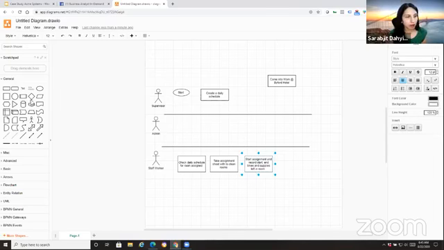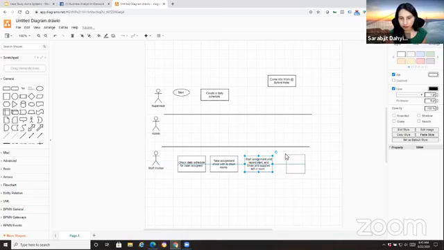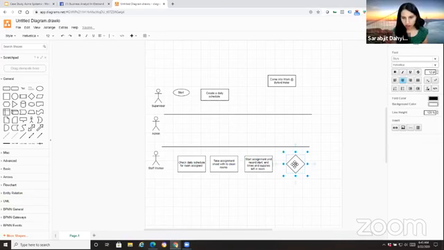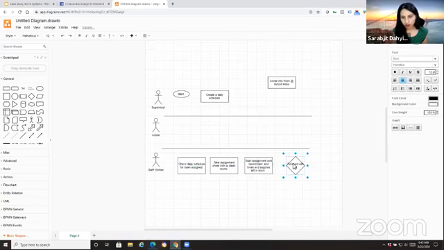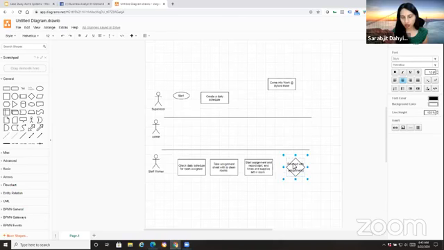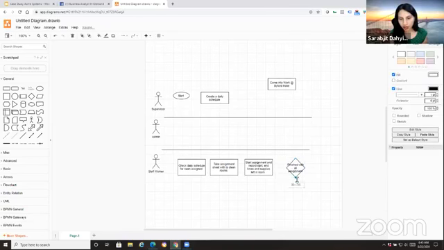And then we want to put a decision in here to say finished with all assignments. If the answer is no, they would go back. We would loop it back here, and I'll show you how to do that.